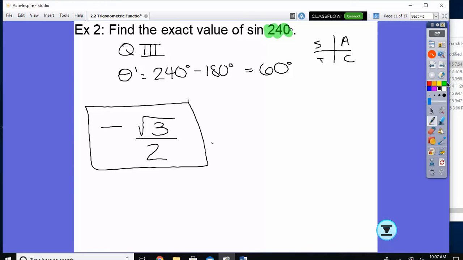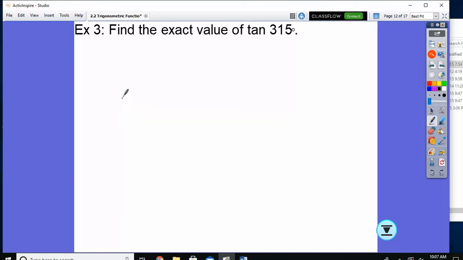Let's do some more. Tangent of 315 degrees. Two things that we have to write down: quadrants, reference angle, every time. 315 is in what quadrant? Quadrant